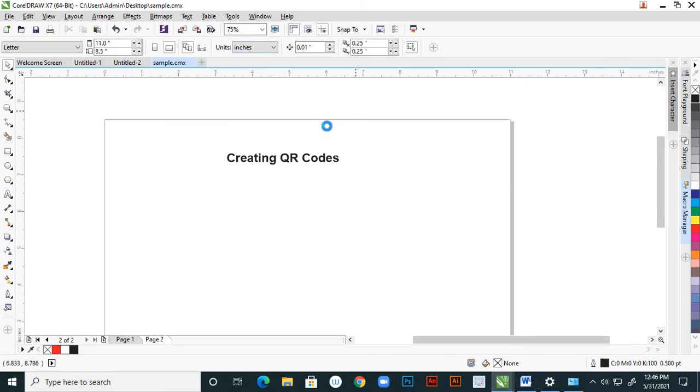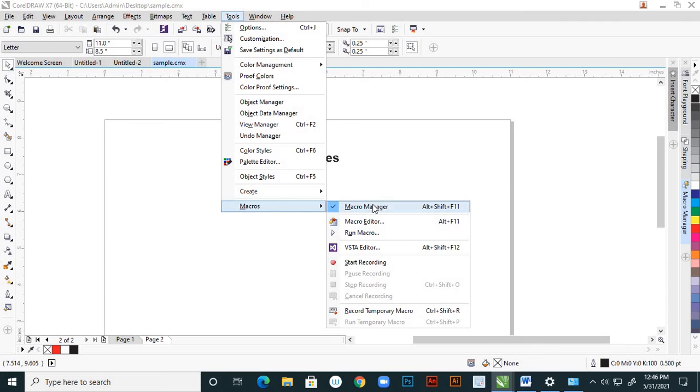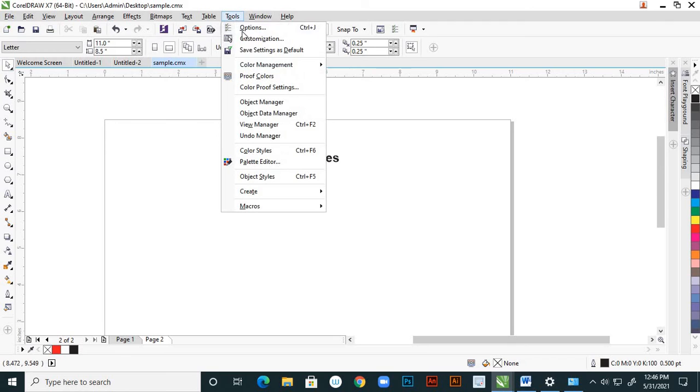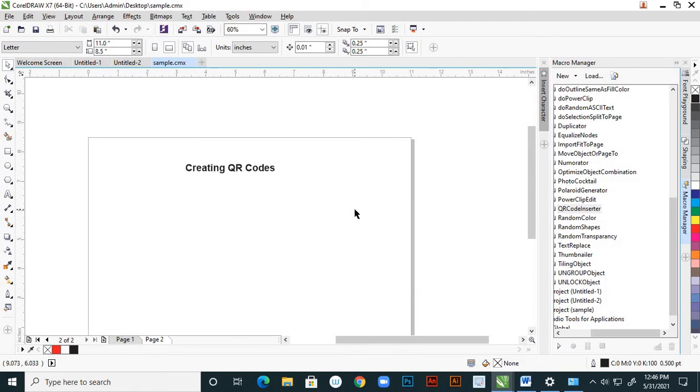Suppose your macros are entered into your CorelDRAW. Now what we have to do after that, see from Tools, come to Macros, and there is the Macro Manager. Already the Macro Manager is open.